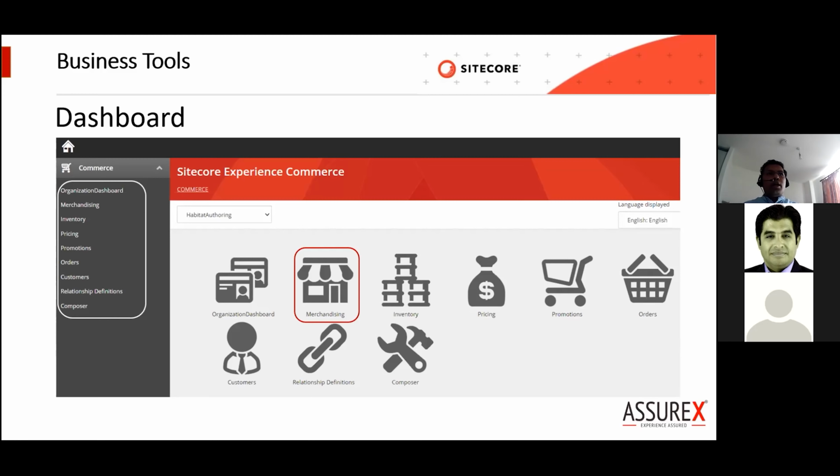When we say the business tool is a pluggable framework, we are using plugins. It's an extension to the commerce engine. It allows you to extend your out-of-the-box entities, or you are able to create your own entity. So basically, it is helping us to extend the Sitecore commerce engine.